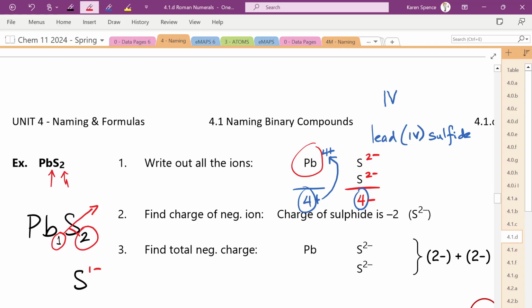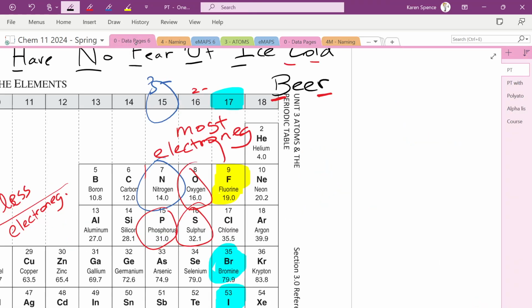And we'll bring the 2 up beside the lead and we'll have Pb 2 plus. Now, when you do this method, remember, you can't just say, okay, I'm done. You need to check the charge of the negative ion and see if it is correct. Is sulfide -1? No, sulfide is not -1. It is